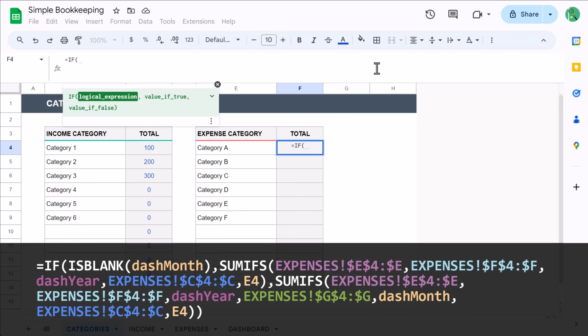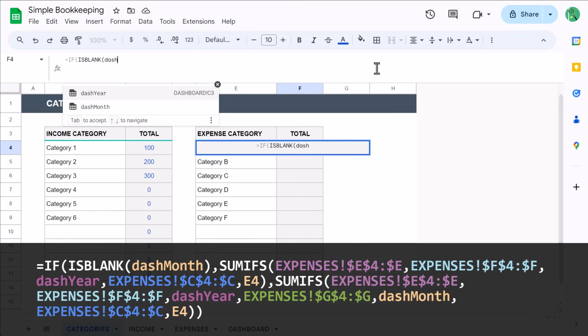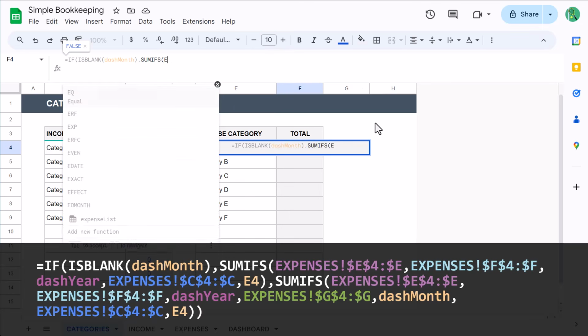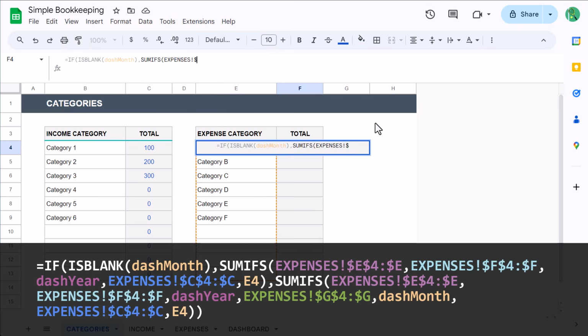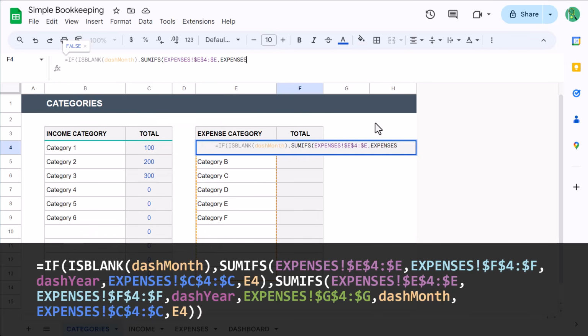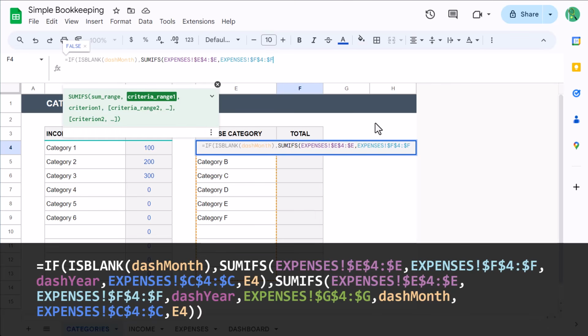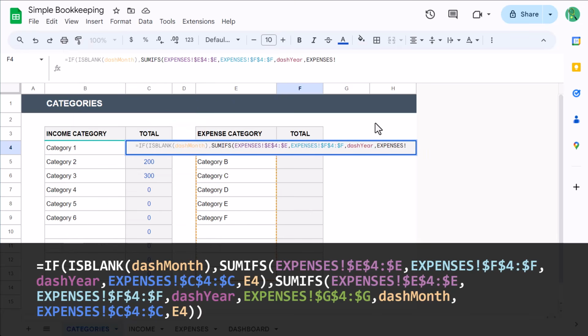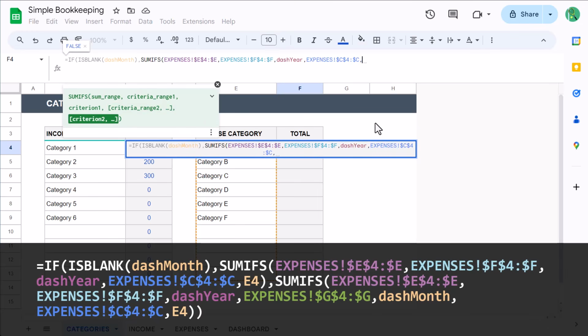Equals IF function, ISBLANK function, dash month, close parentheses, next argument, SUMIFS function, expenses, exclamation point, $E$4 colon $E, next argument, expenses, exclamation point, $F$4 colon $F, next argument, dash year, next argument, expenses, exclamation point, $C$4 colon $C, next argument, E4, close parentheses, next argument, SUMIFS function, expenses,